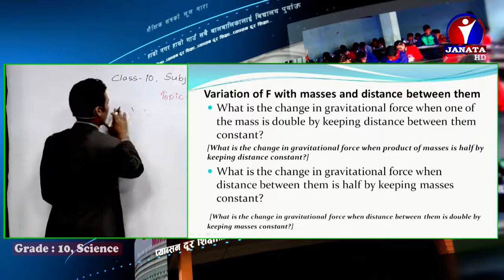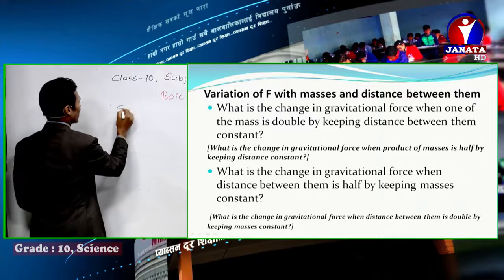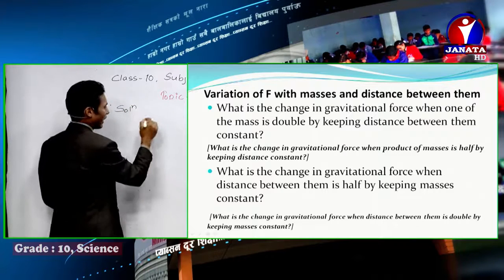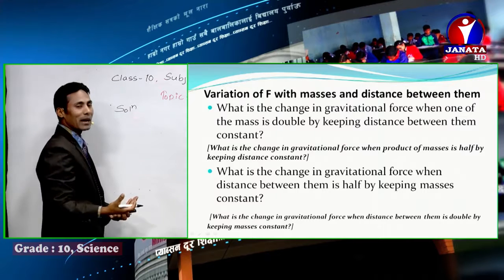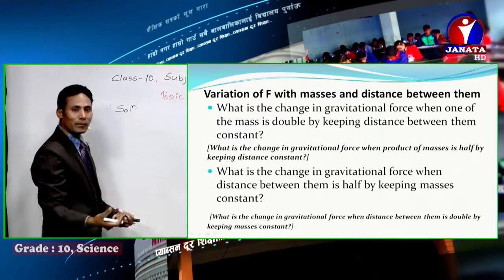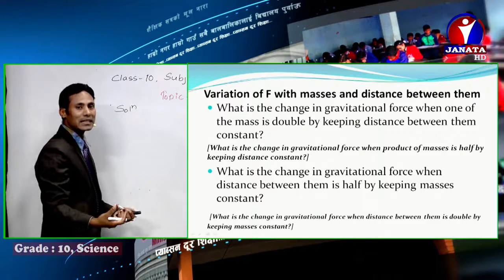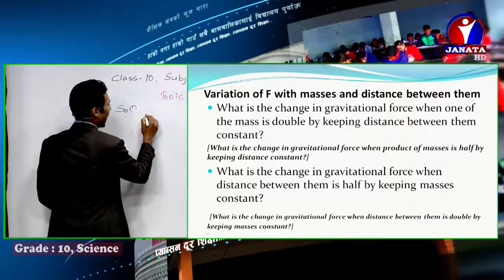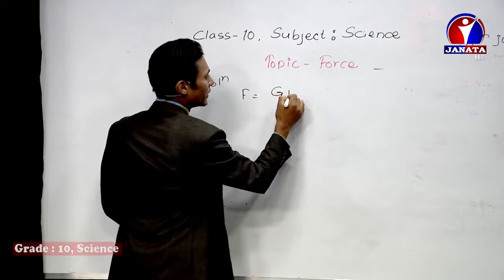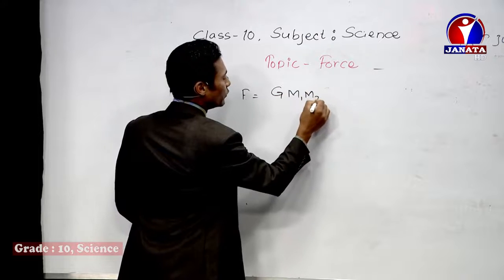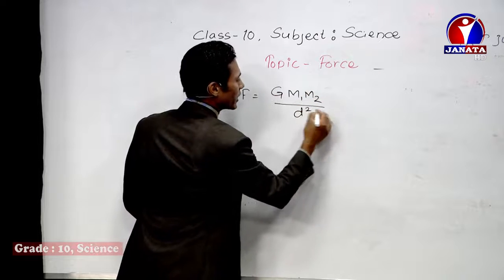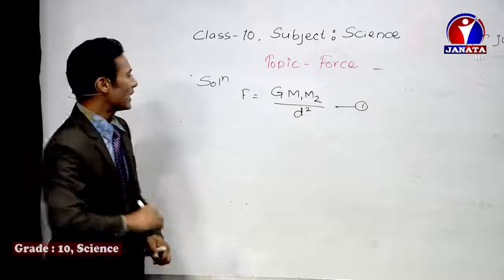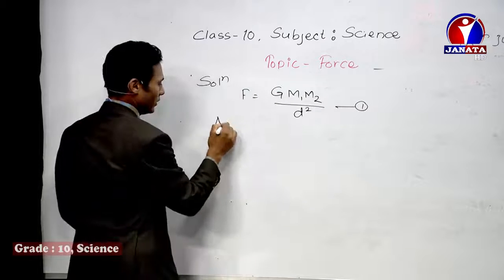Okay, so how can we solve it? Let's see the solution. We can write down: if m1 is the mass of the first object, m2 is the mass of the second object, d is the distance between them, and F is the force between them, then F equals G m1 m2 by d square. So this is equation 1, I will write it down. And what the question says is, according to the question,